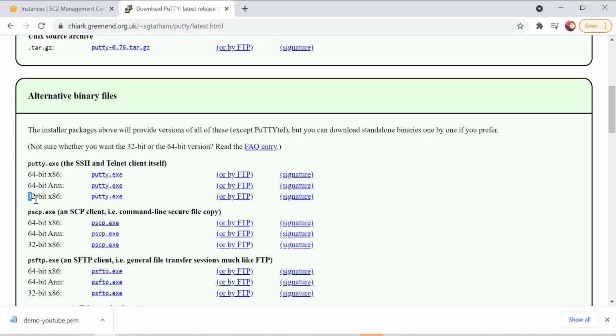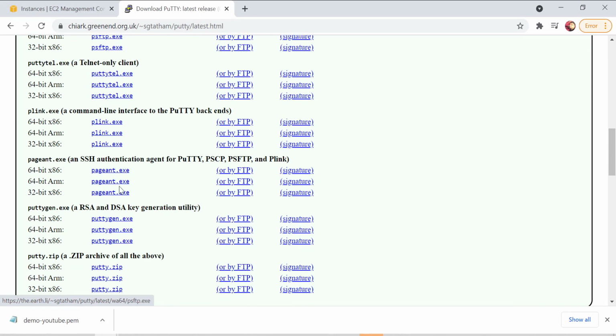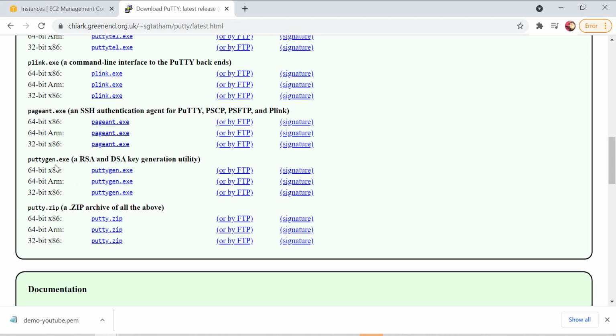If you are using 32-bit, then click here and download that software. Scroll down and you will find PuttyGen as well. Again, if you're using a 64-bit operating system, use this PuttyGen. If you're using 32-bit, use the other one. So your Putty and PuttyGen would be downloaded.